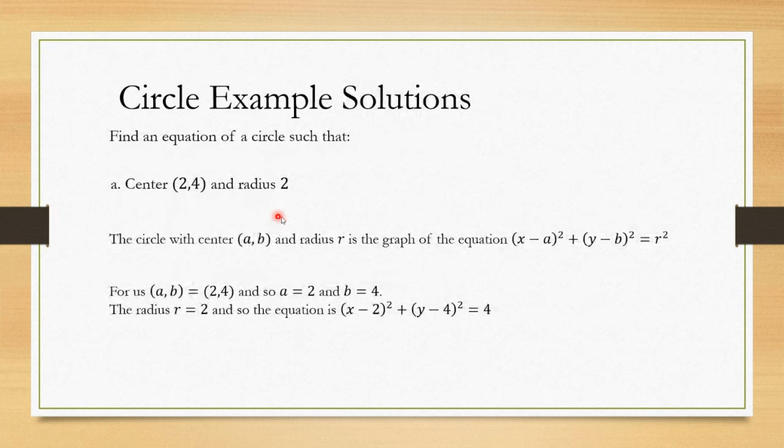Remember, this is the circle centered at (a, b) with radius r. So essentially (a, b) is being replaced by (2, 4). If two ordered pairs are the same, their x coordinates have to be the same, and their y coordinates have to be the same. In other words,